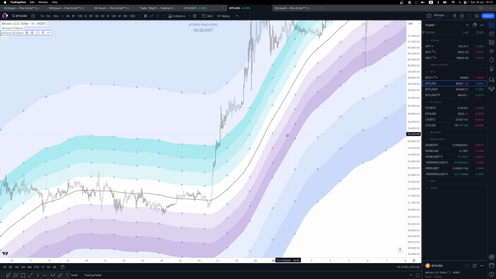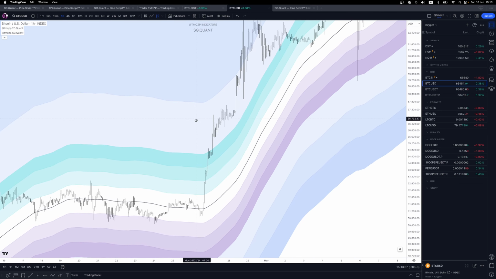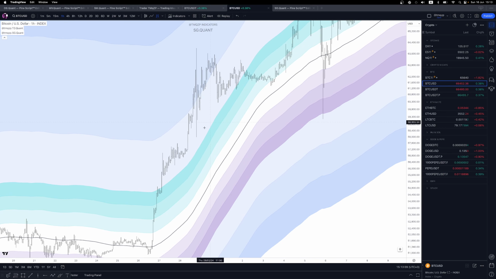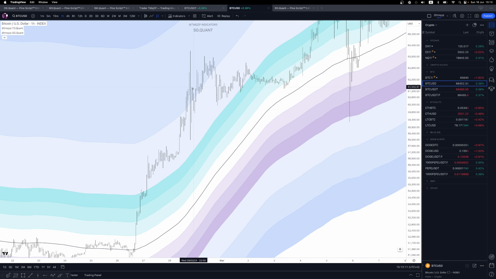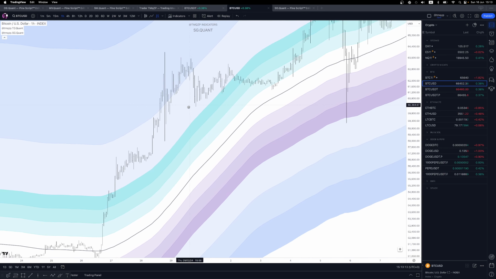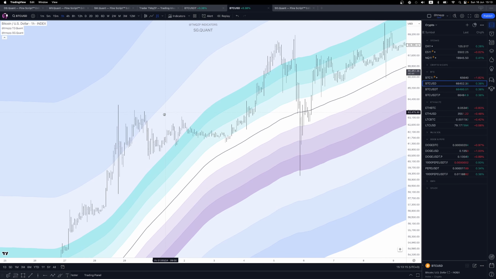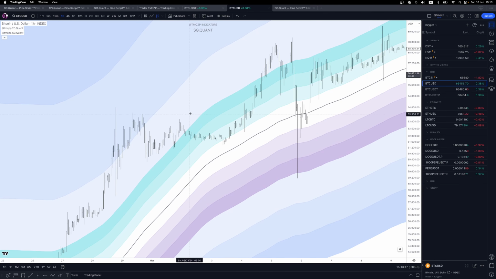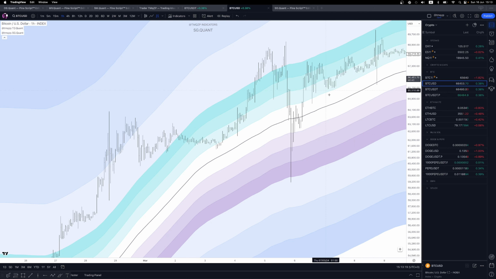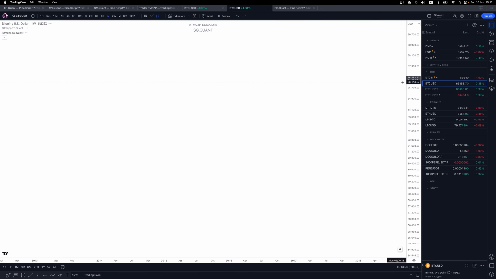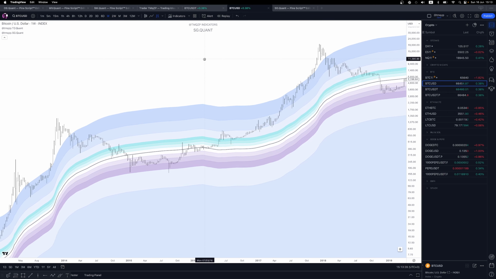squished the wave, essentially, because you can see the wave here getting completely compressed. And then it just basically went vertical straight to the first exponential band, where it consolidated again. And yeah, you get the idea, right? So you can do this now on any time frame that you want, up until, I think, the weekly. Yes. So in the weekly,